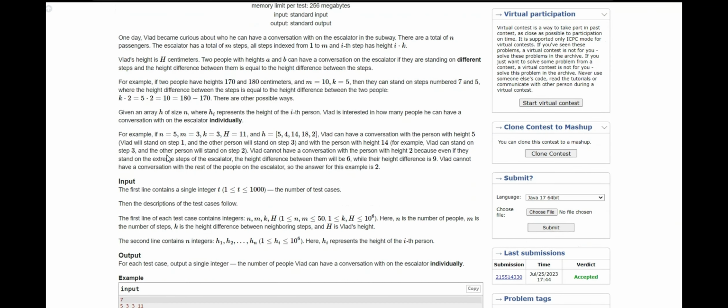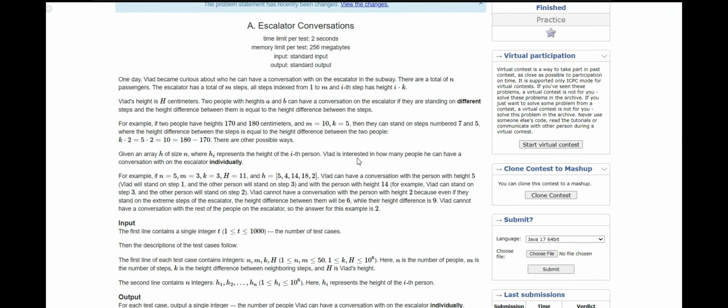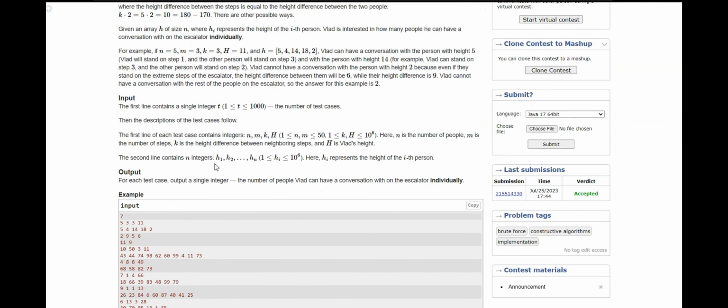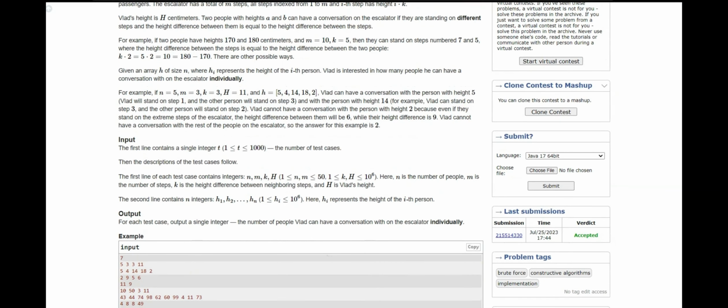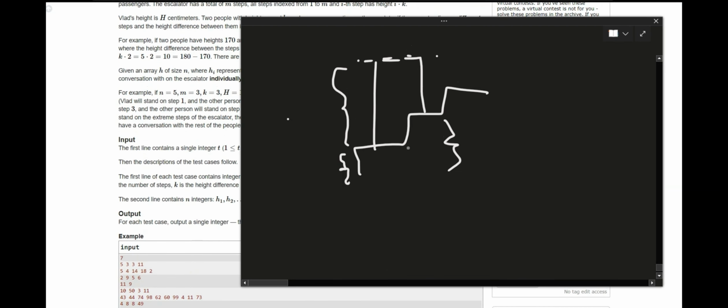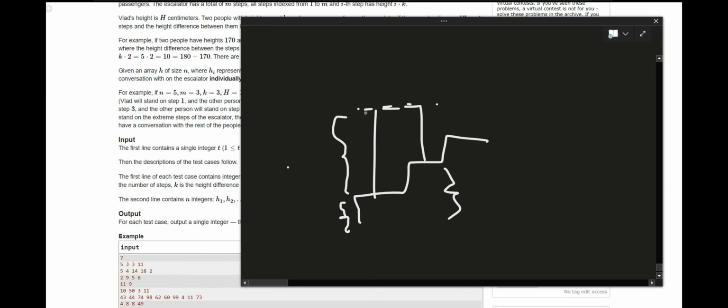Okay. So we need to find how many people he can have a conversation with on the escalator individually. Okay. So how can we proceed in this problem? Our main motive is to make the heights of the two people equal by adding heights of steps. So if there are, let's assume, 3 steps and